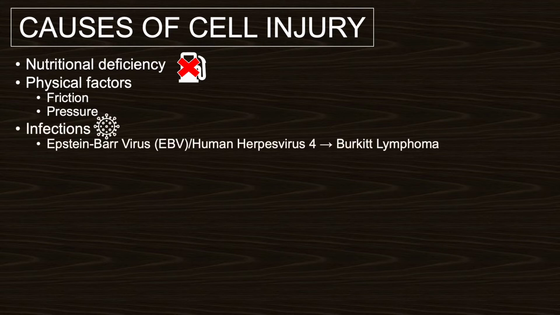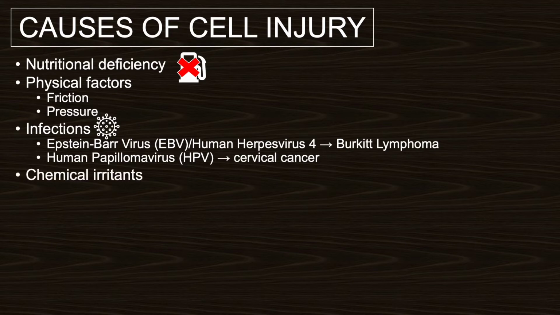For example, Epstein-Barr virus, also known as human herpes virus 4, which may cause Burkitt's lymphoma, a type of cancer of the lymphatic system, more specifically a type of non-Hodgkin lymphoma. And then also another example, human papillomavirus, which may cause cervical cancer. Next, we look at chemical injury due to exposure to damaging irritant chemicals, and then ischemia, in which the tissues